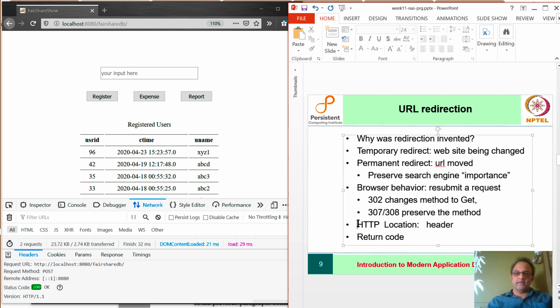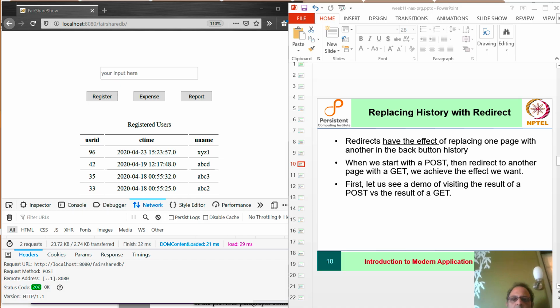So two things: there is the location header which tells you the new URL, and the return code which tells whether you should change the method or not change the method. As we will see, such a redirect has the effect we want, which is of replacing one URL with another in the history of the page. We start with a post, redirect with a GET, the post is forgotten and the GET is remembered.